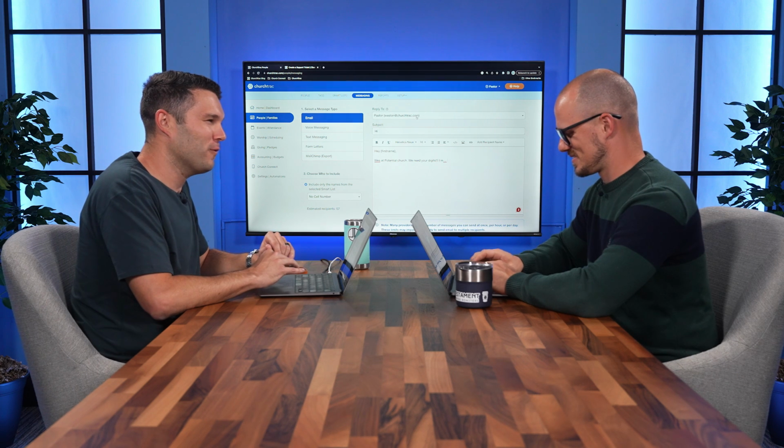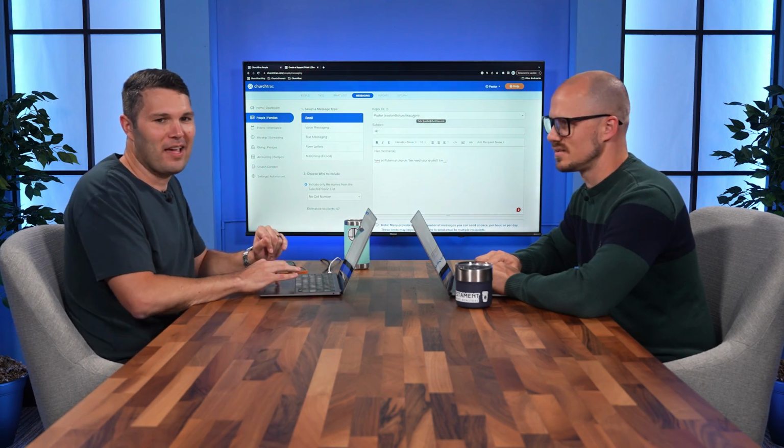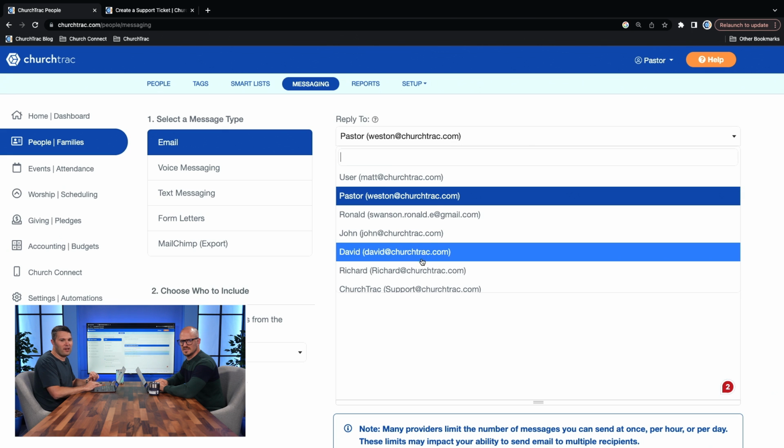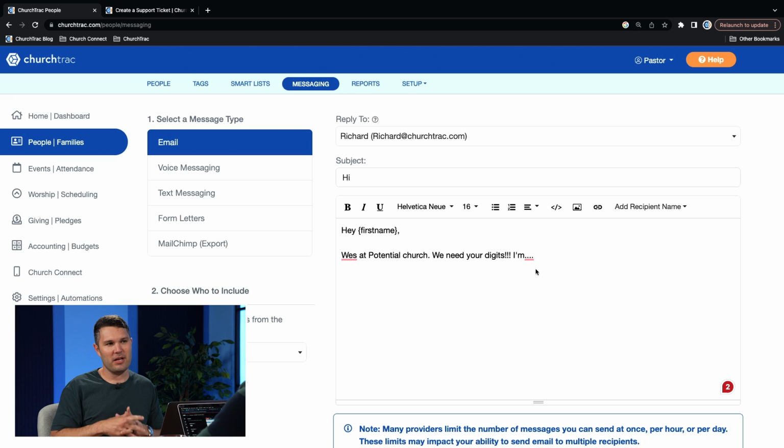But another really cool feature of ChurchTrac Mail that I like to point out, if you didn't already know this, I can change the reply to. So I can say, hey, I'm sending out this email because I want to get everybody's information, but here's the deal. I'm sending it out as the pastor because I want to get this, but I don't have time to get all these replies. Listen,